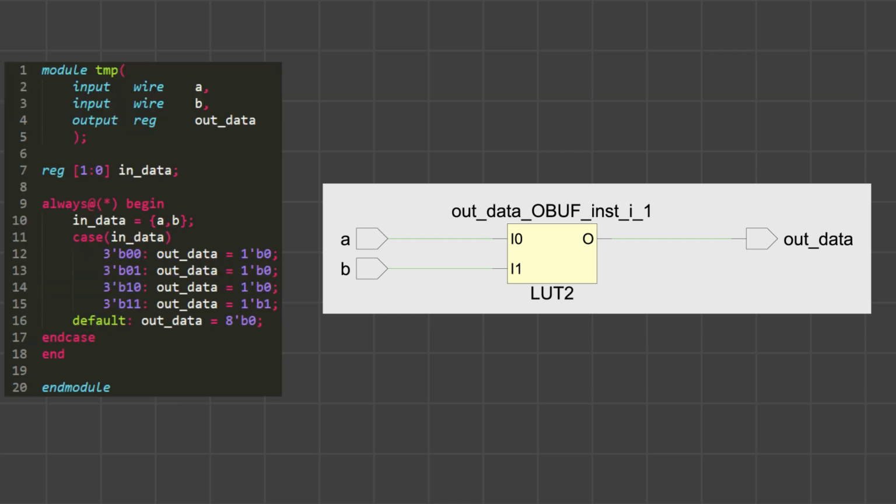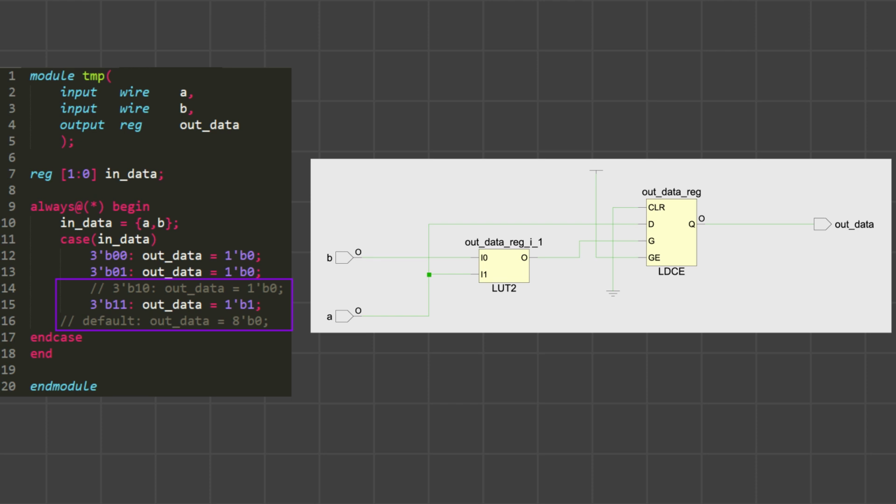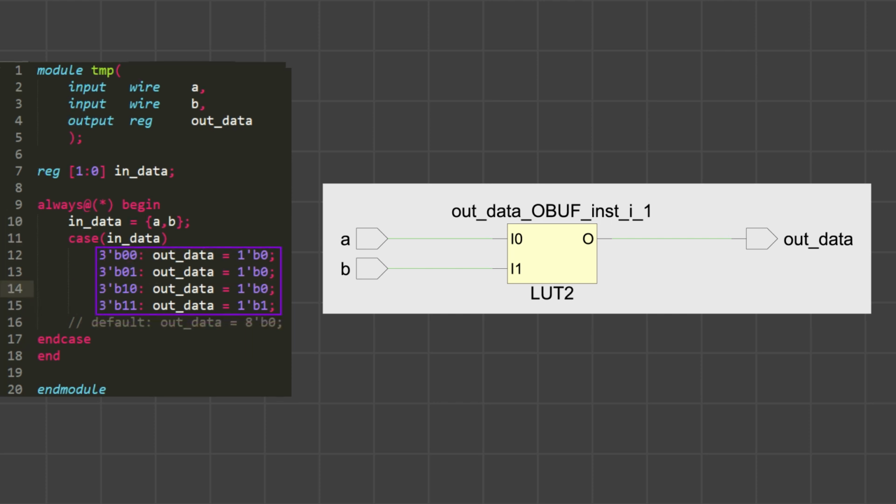In the second situation, here is a complete case statement, then it will not generate the latch. If it doesn't list all values of variable of a and b, that means once the value that the case statement didn't list, the latch will lock the present value until the available value is sent. Thus, if you don't want to generate a latch and don't want to list all the case conditions, listing all case conditions is a must.